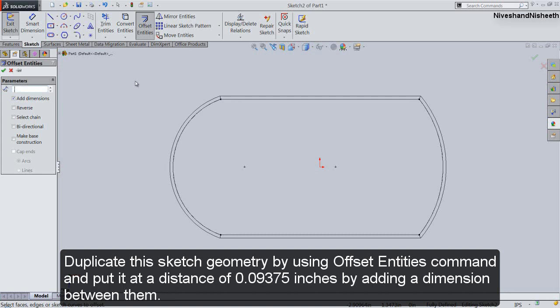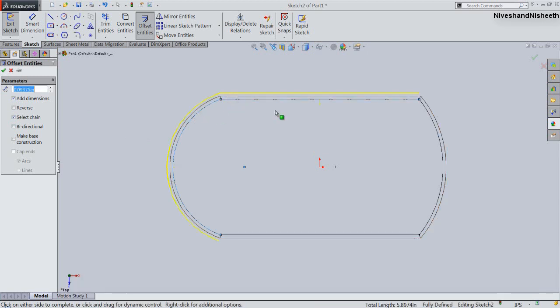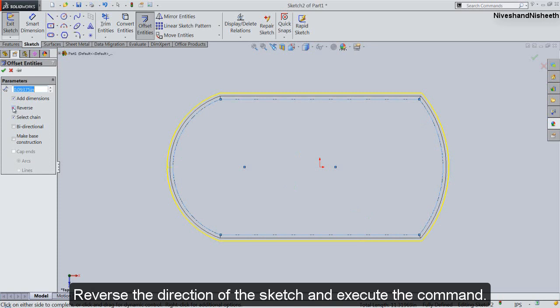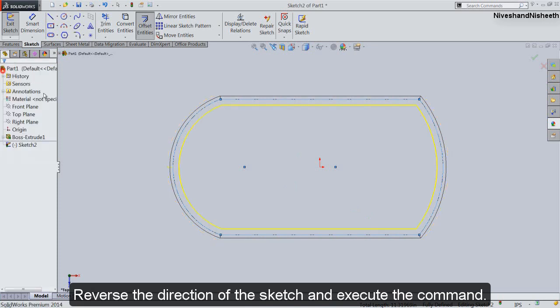Duplicate this sketch geometry by using Offset Entities command and put it at a distance of 0.09375 inches by adding a dimension between them. Reverse the direction of the sketch and execute the command.